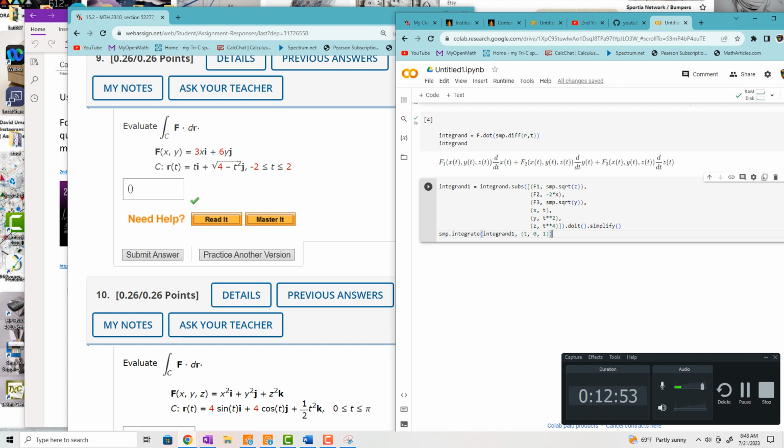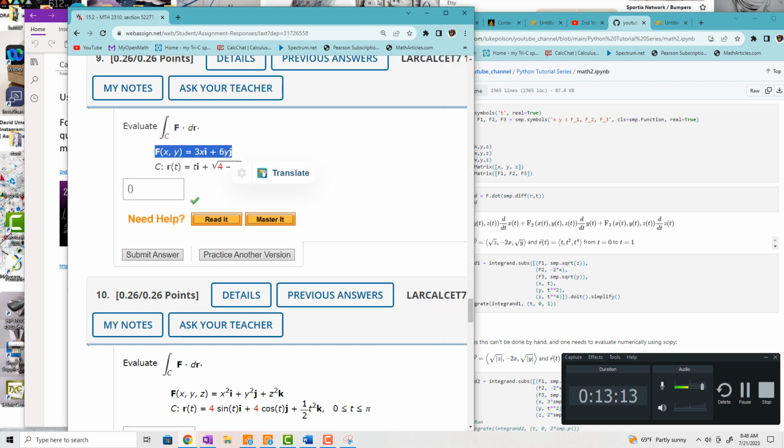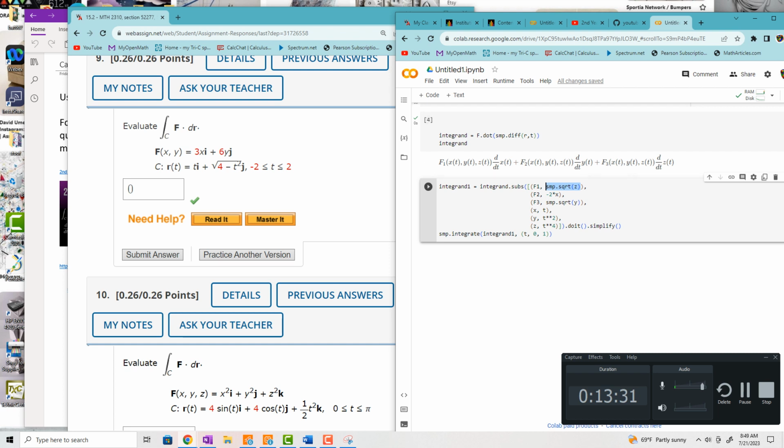Like your TI-84 could probably do any sort of definite integral. So anyways, I'm going to go through, and you can see the bits and pieces I need to edit if you toggle back and forth between this web page. So I want this vector field, right? So I need to replace this vector field, this f equals square root z minus 2x. I don't know if you can see my cursor, and I need to fix that so people can see my cursor in the future. But anyways, you're going to go here and replace this thing with